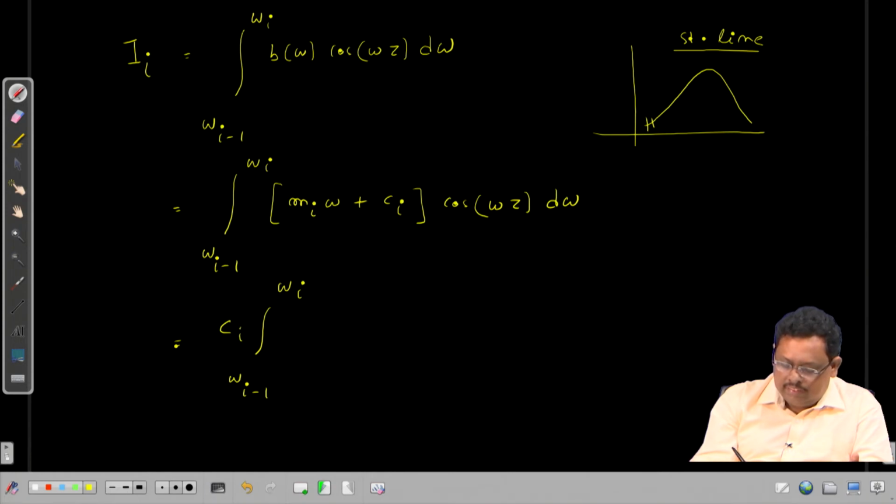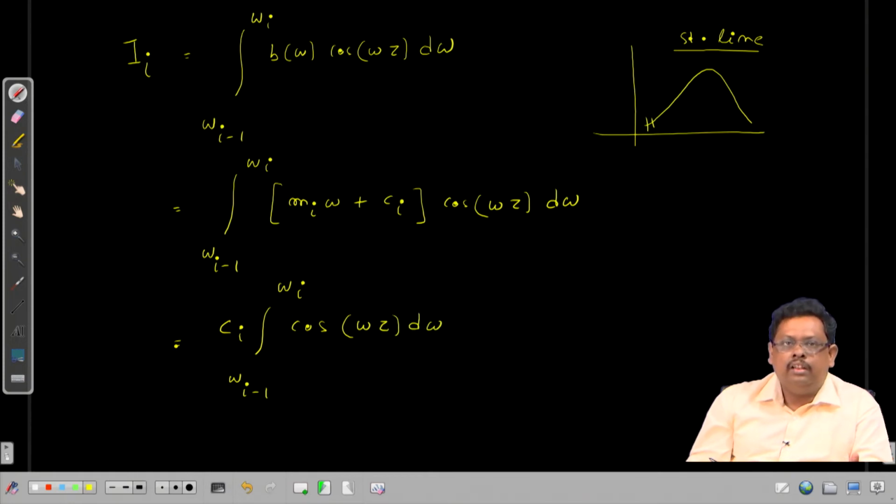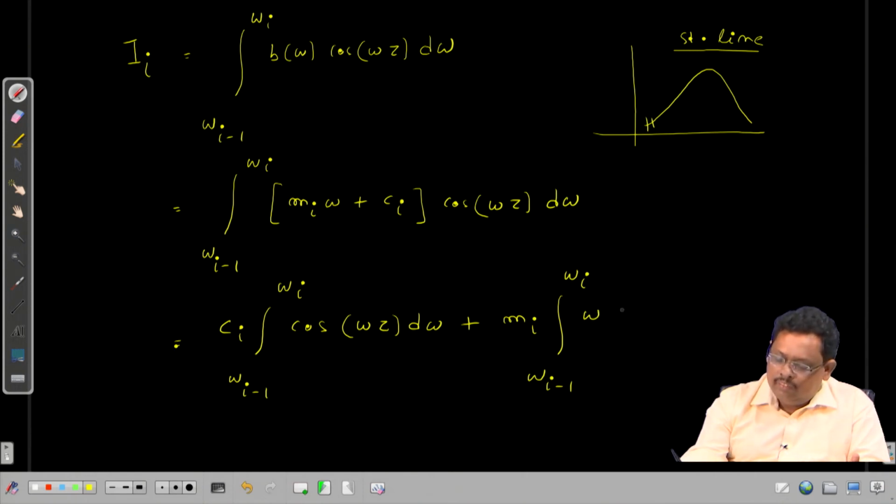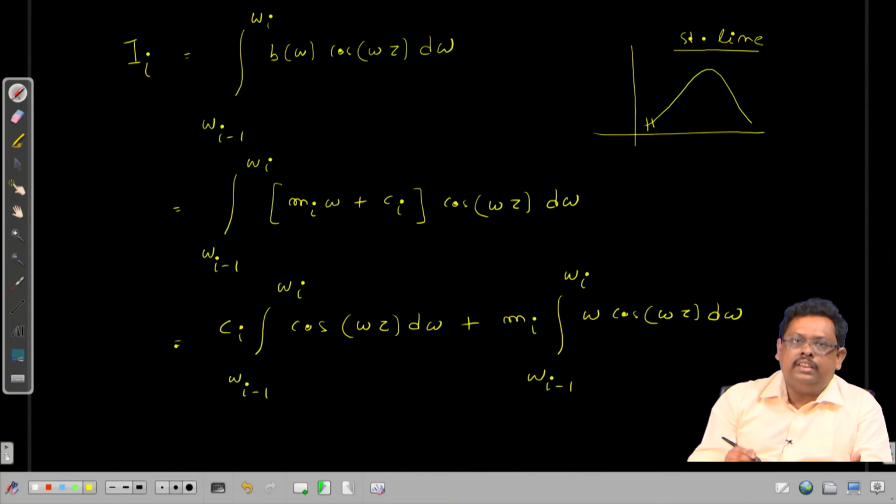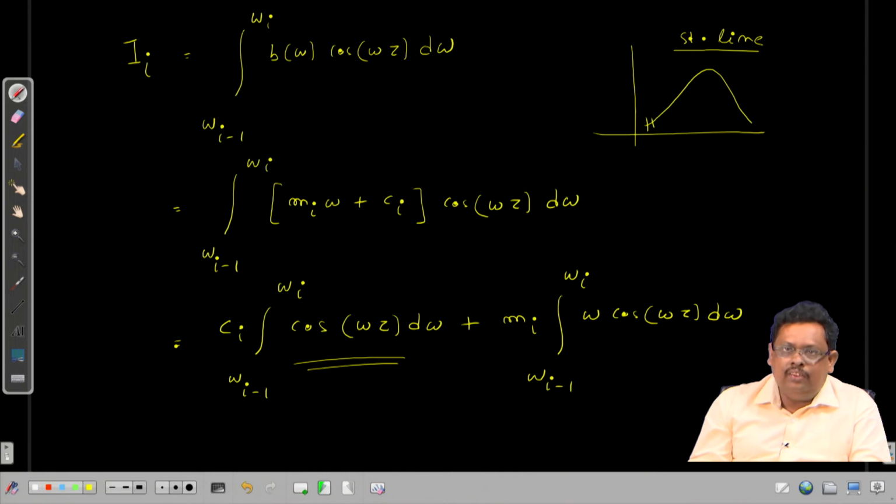So, I just take out the C_i outside, it should be cos(ωτ) dω, and the second one is plus, I can take out this m_i outside the integration sign. So it is from ω_{i-1} to ω_i. Now, you have ω cos(ωτ) dω. So, this is the thing that you have. Now, this integration is trivial, it is sin(ωτ), and here